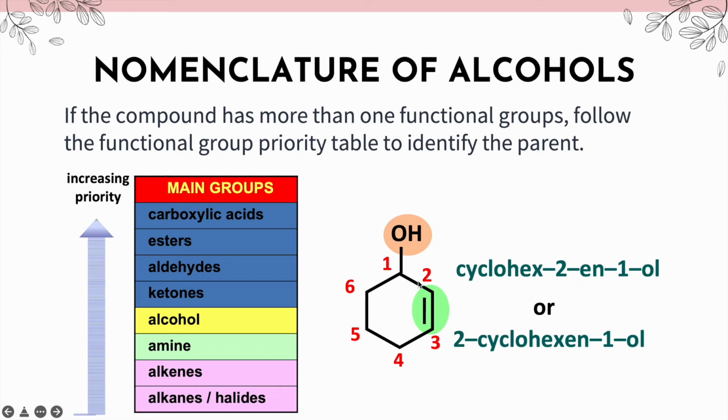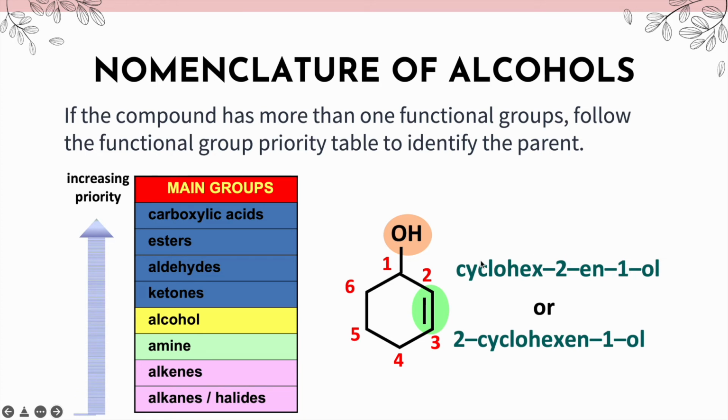So you have to number the carbon-carbon double bond. The carbon that is attached to the OH must be numbered as number 1. And then this carbon gets number 2, not this carbon, because you want to have the lower number in naming. So this carbon is carbon number 2. Carbon number 2 is given to the carbon-carbon double bond. So the name of this compound is